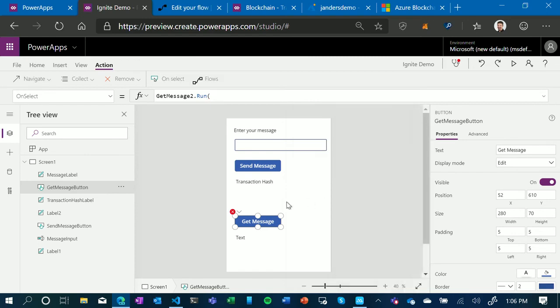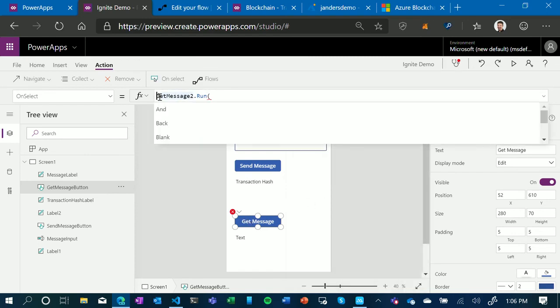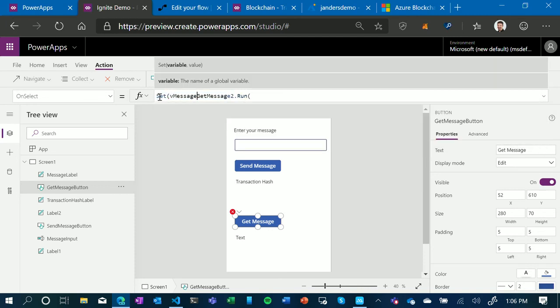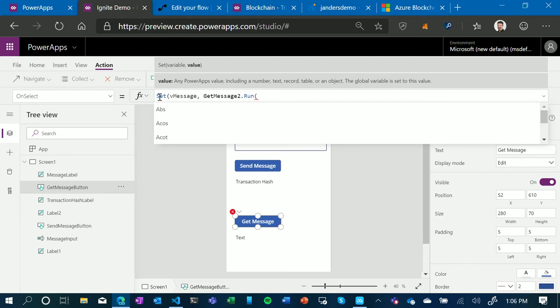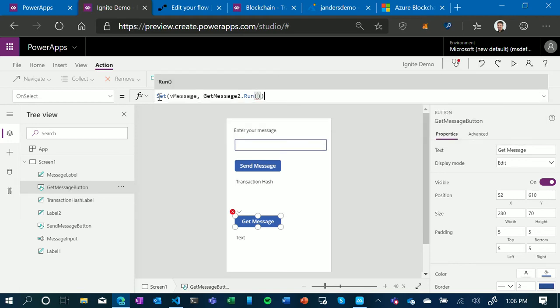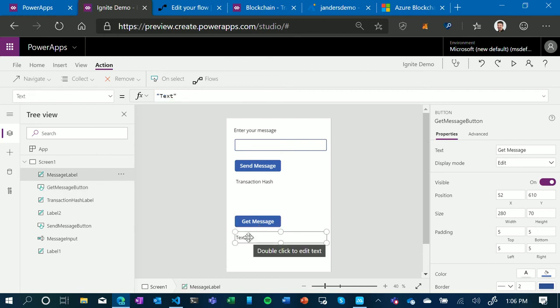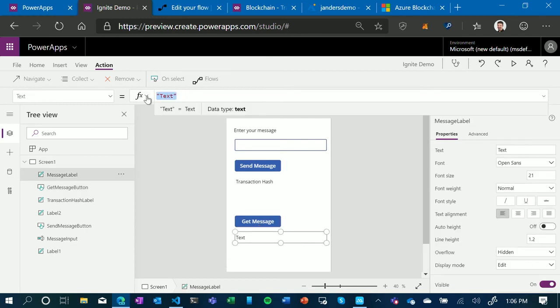All right. Now, similar as before, we're going to go ahead and declare a variable. Put the proper number of parentheses this time. That's all we need. And then in text, the message.message.